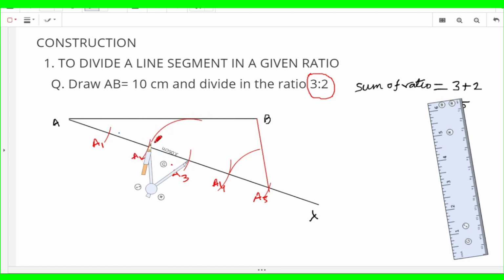This is the arc we have taken from the point A3, and the same arc we had taken from the point A1, as you have already done. Whatever the length of this arc, that must be equal to this. So for that again you have to put the compass at this point of intersection where it intersected on the line, and put the compass's opposite end at the end point of the arc.